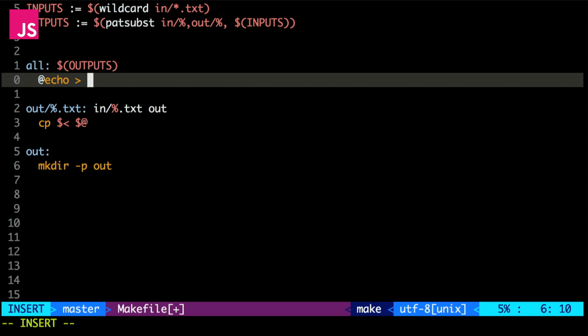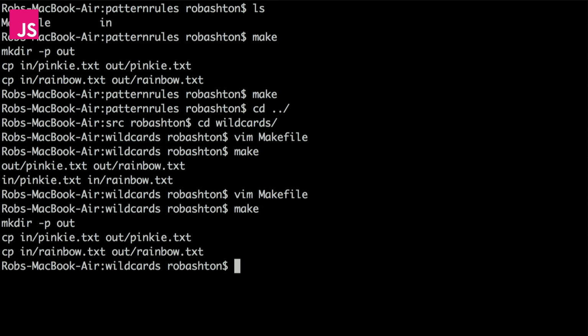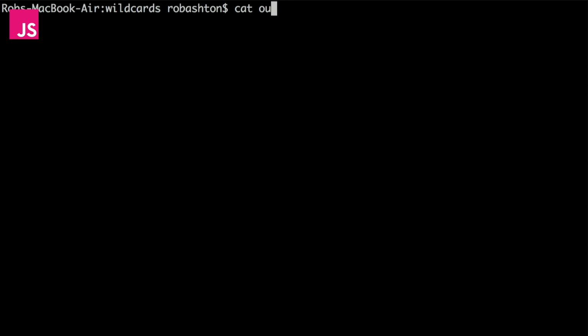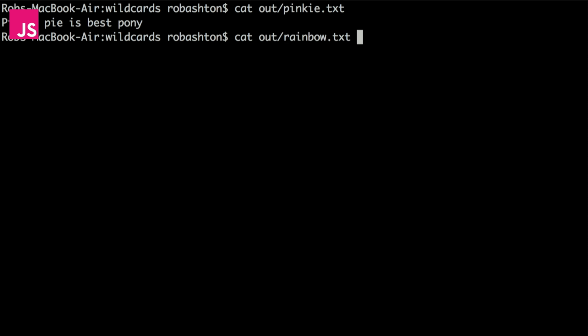So I'm just going to echo to /dev/null here again. I just like to do that. I don't like to print crap out. So if I run this now, that actually executed, and I copied over my pinkies and my rainbows to my output directory, and we can see that very easily, because if I cat out/pinky and cat out/rainbow, we see that